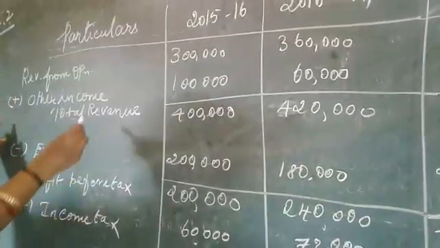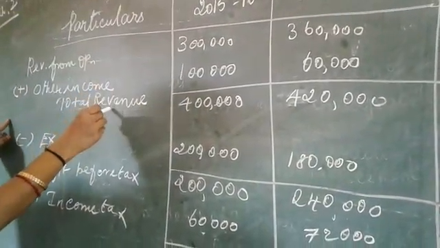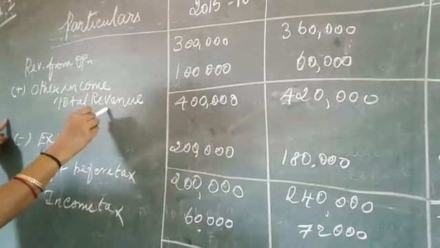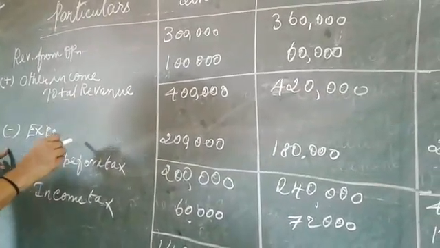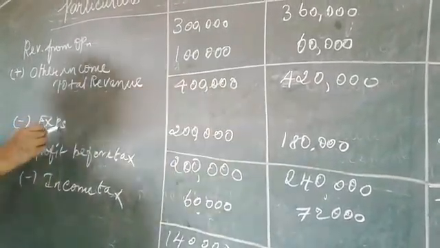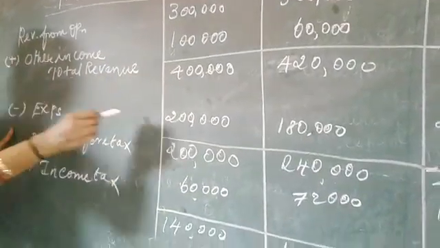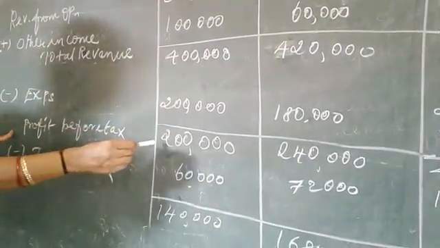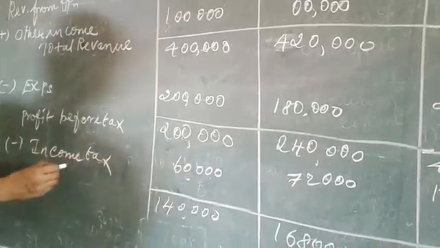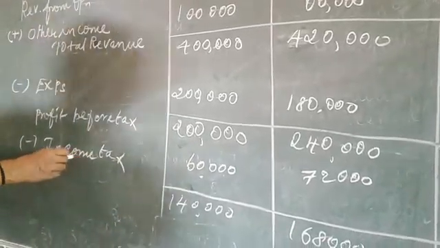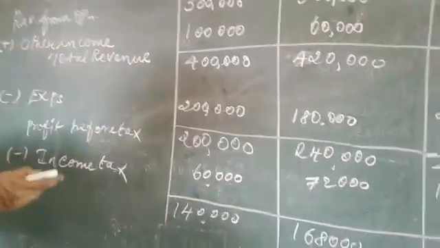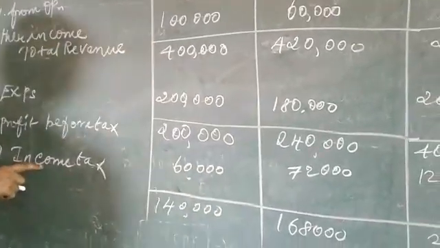Another new item, revenue, was given. With the revenue, we are going to add the income. That is the third column. It is the total revenue. Next one, expenses was given. It is the expenses, so that only we are going to deduct. It is the profit before tax. Income tax is the new item. It was given in the sum. Compared to the last sum, it is the new item.